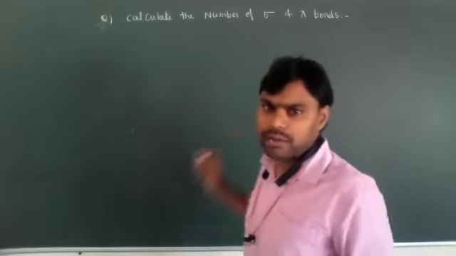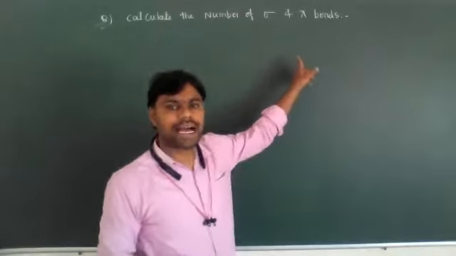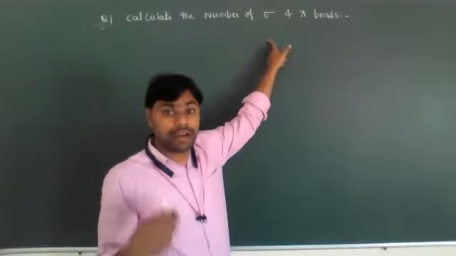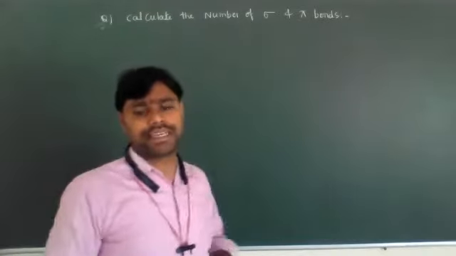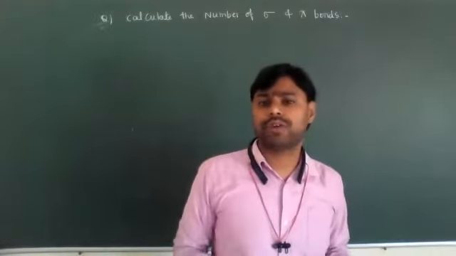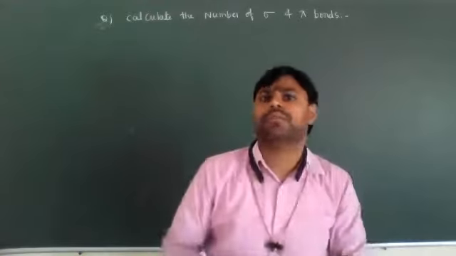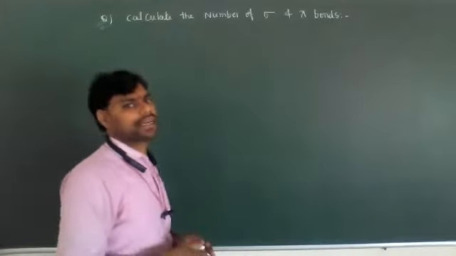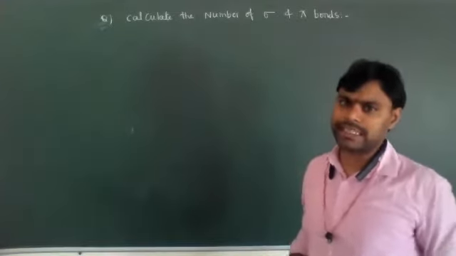Sigma bonds and pi bonds are one type of covalent bonds only. Whenever an organic compound has all single bonds, those are all considered sigma bonds. And multiple bonds means double bonds and triple bonds. Out of the double bond, one is a pi bond and the remaining one is a sigma bond. If a triple bond is present, one is sigma and the remaining two are pi bonds. Okay, so that is the indication. Based on that, we have to identify the total number of sigma bonds and pi bonds present in the organic compound.